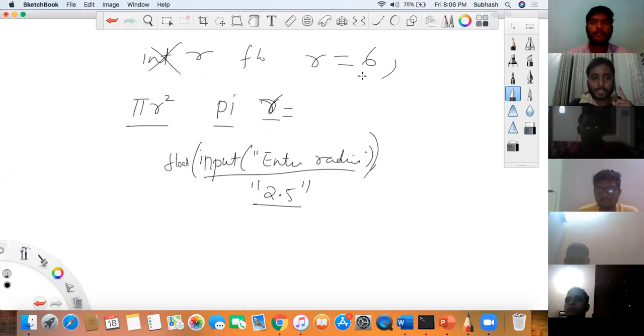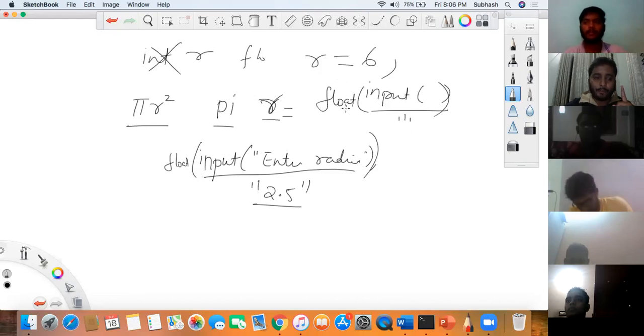If I want to take from the keyboard, which function? Yes, Subhash has discussed this. What is that function called? Input function, correct? So you have this input function ready. Now input will give you a string. So what is the next thing I have to do? I have to convert this into a float or an int. For that, what is that function? Subhash has also taught this one. That is float. The conversion function is there. Now after finding it, I have to apply the formula and then print the result.